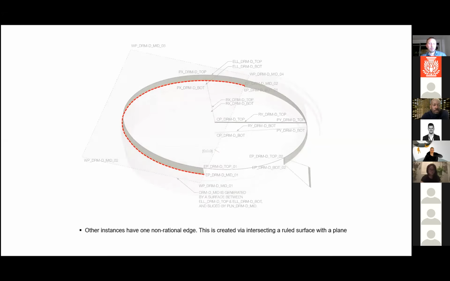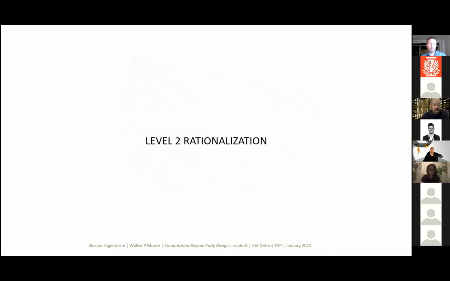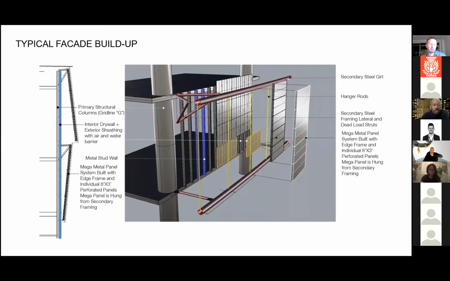And so that is what comes out of that, right? And then from there, if you extrapolate what I just showed into all of those shapes that were in the colored overview diagram before, then that goes into the level 2 rationalization from this diagram that you might remember. More specifically, these are mega panels of usually between 8 and 10 metal panels that are in themselves 8 feet wide by 3 feet tall.